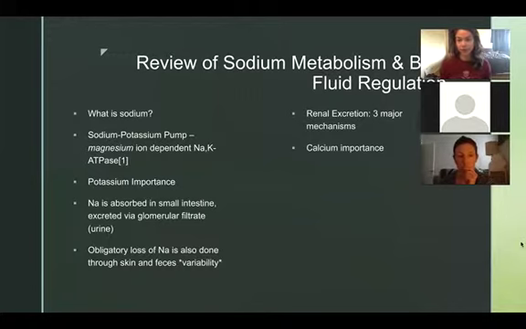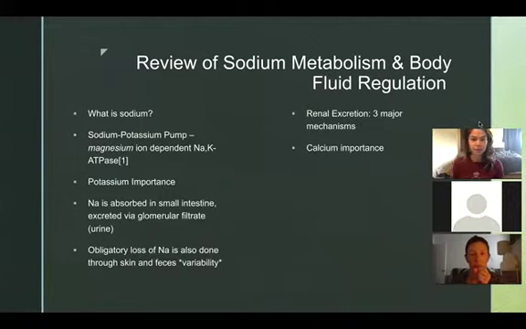A quick review about sodium would be discussing its metabolism and fluid regulation within the body and what it is. So sodium is an essential nutrient, a mineral required by the body for fluid balance. One of the mechanisms is our sodium potassium pump for the electric gradient on our cells, which is important for our resting potential. That happens with the magnesium ion dependent sodium potassium ATPase. And I think that's interesting because we see another nutrient already, or two nutrients, the potassium and the magnesium being